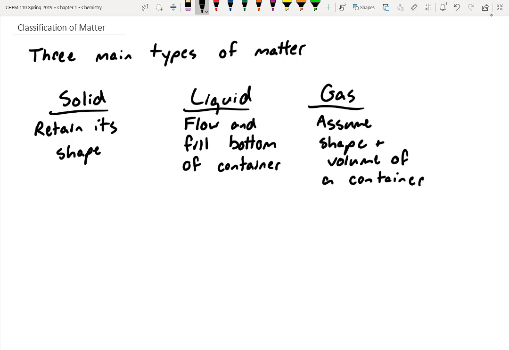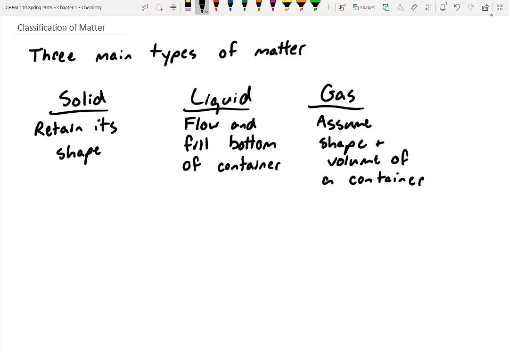There are some that are kind of weird. So let's say quicksand. What is quicksand? Is that a solid or a liquid? You can just say yes, right? It behaves kind of like both. So sometimes we run into these states of matter that are in a gray area where they can behave like a solid or a liquid. If you think about a landslide, it behaves a lot like a liquid, but it's made up of solid. So there are kind of crossover areas as well.